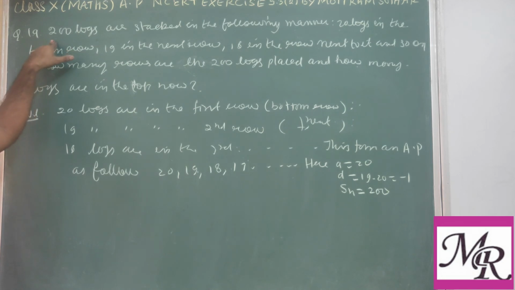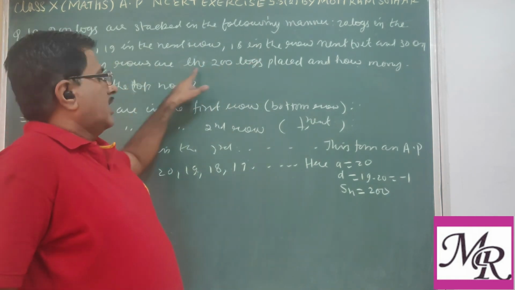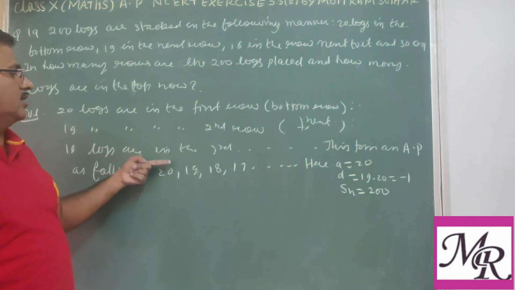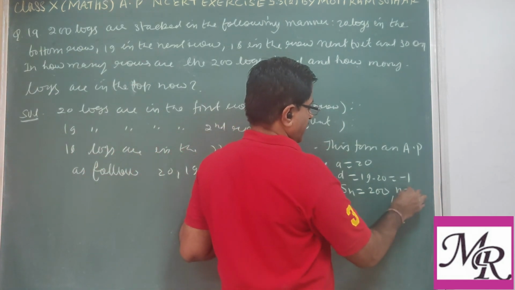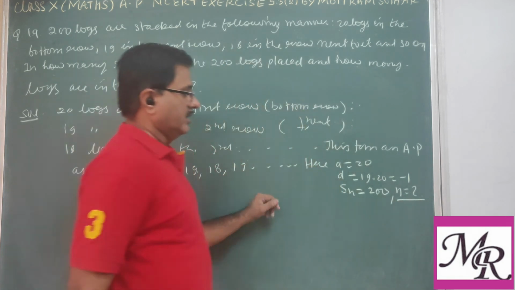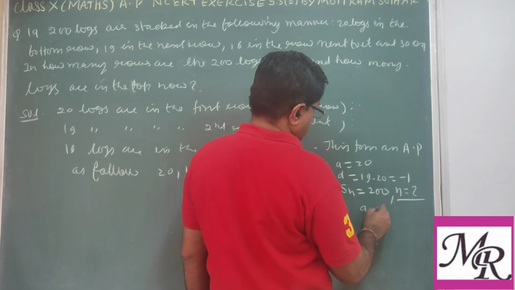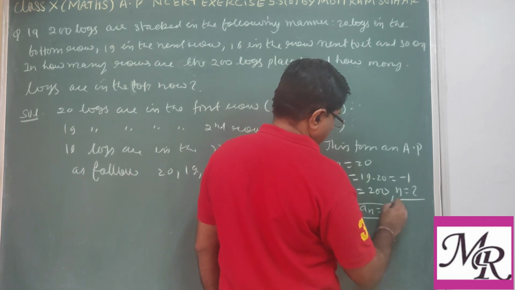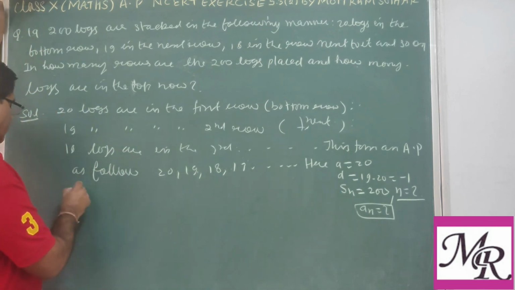We have to arrange them in rows. Now the question says, how many rows are there? Like here, first, second, third, fourth, how many rows? That means we want to find n. And also, how many logs are in the nth row? That is an. We want to find both. So first of all, using